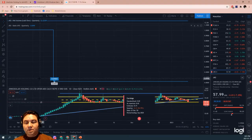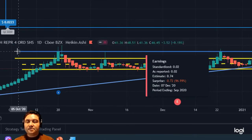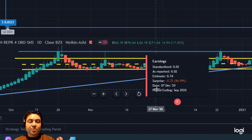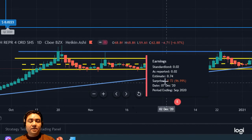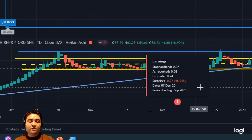Okay. Perfect. Now let's jump into some specific data for earnings per share. For the last quarter, we have basically a nice earnings of 2 cents per share. But we can check it here for the last report. It was on December 7, 2020. Basically, the investors were expecting earnings of 74 cents. However, it was only 2 cents of earnings. So it was lower than expected